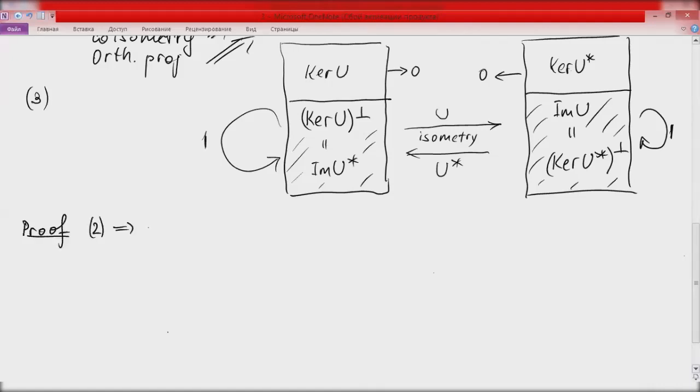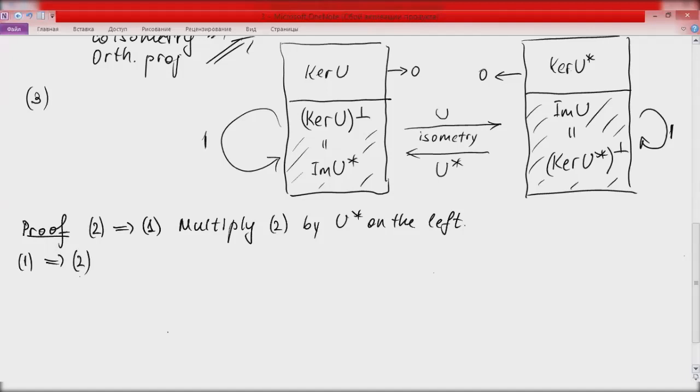To get 1 from 2, we simply multiply 2 by U star on the left. And that's it. Now to show that 1 implies 2,